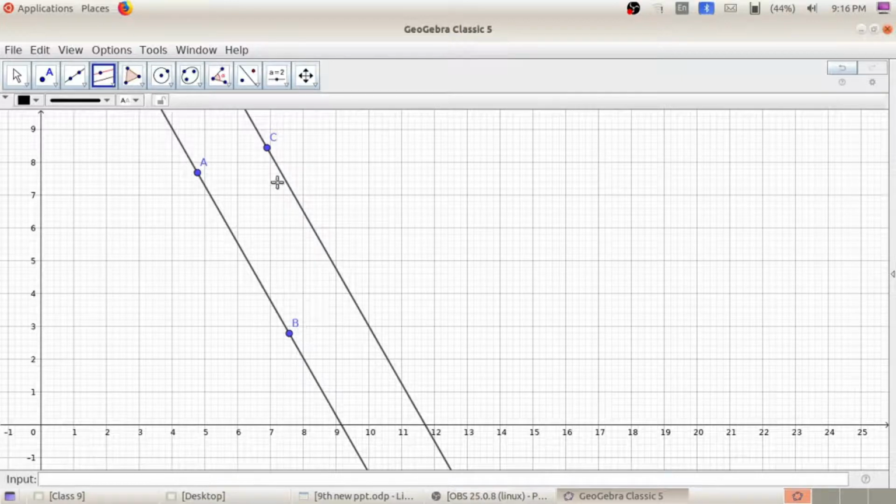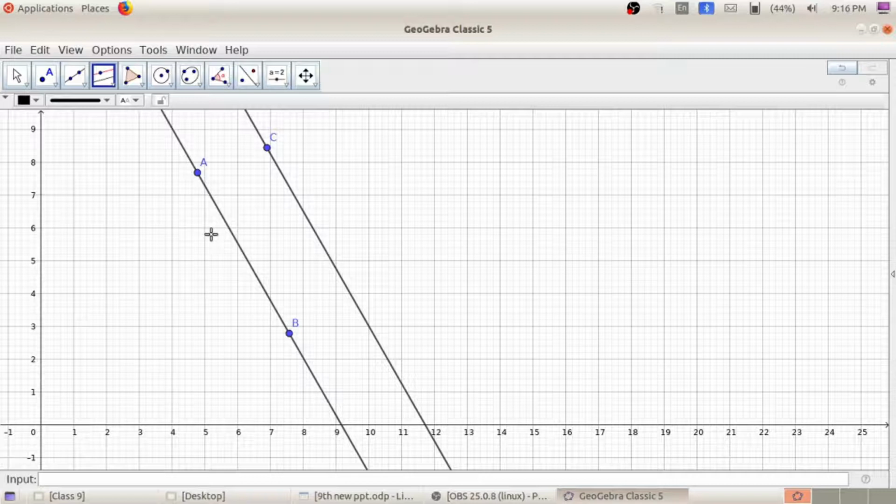If you draw it by using the line tool, maybe we won't get a parallel line. So always use the parallel line tool. So to get this, first of all put a point C near this line. After that, use the parallel line tool and click on the point C and then on line AB. After that, we are moving to the next activity, activity 5.5.